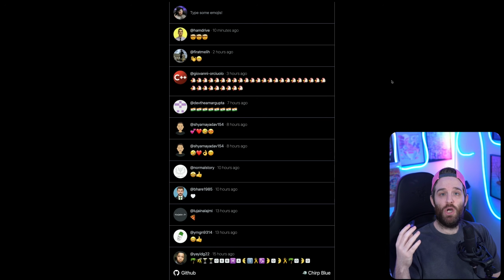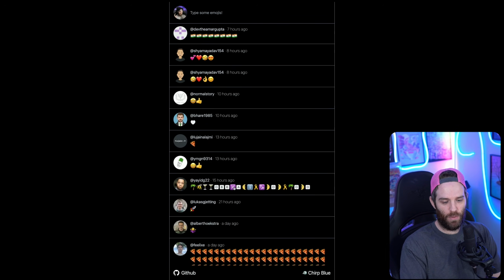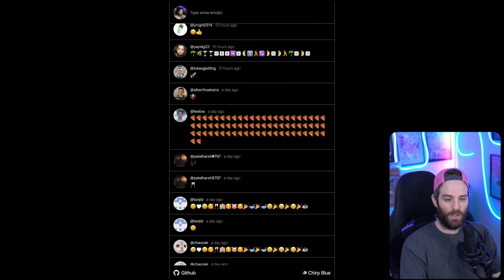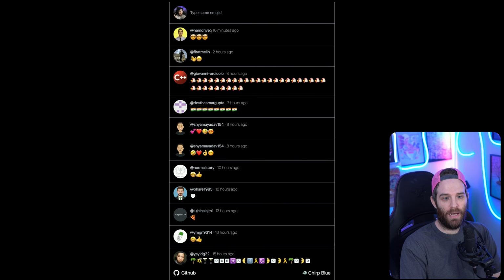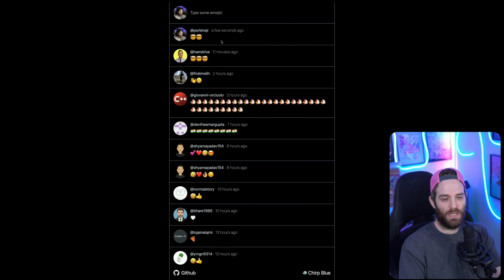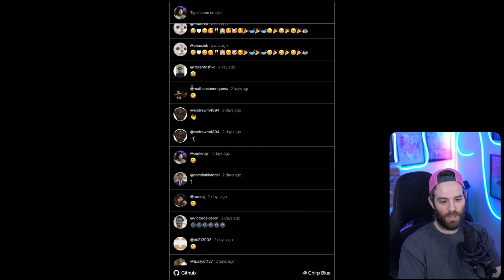So this is Chirp. If you've not seen Chirp before, it's essentially like Twitter, but with emojis, and all these different people have their user ID and then an image which is based upon their GitHub profile. Now I've signed in here, and now obviously I can just grab these emojis and I can paste them in here and hit post, and then it's been posted. And if I reload the page, you can see how quick that was. And now my name is there with the images and everybody else's is there.